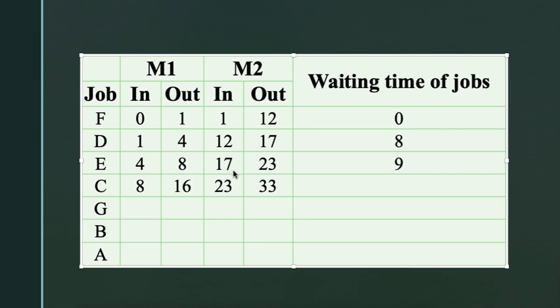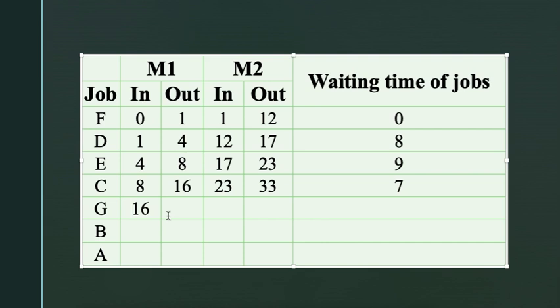Now if we see, 16 and 23, that is 23 minus 16 is how much? This will be the waiting time of the job. How much is 23 minus 16? It will be 7. Now here we are going to take 16 here, right? Same timing here. At this time this job is going to start, it is 16, right? But job G, it requires how much time? If we see, job G requires 7 hours on machine M1, that is 16 plus 7 is how much?